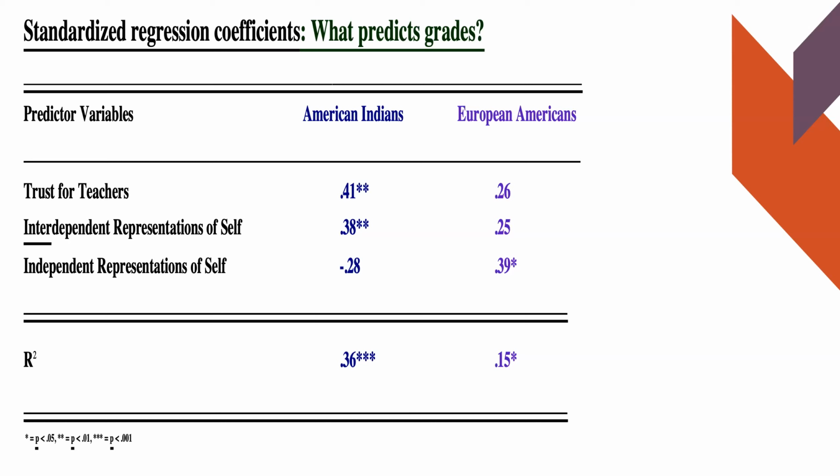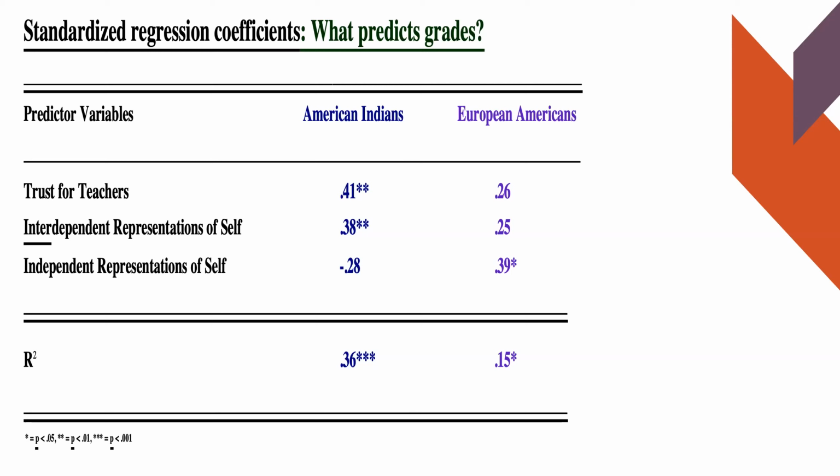When they put this all together, they ran something called a regression analysis. For you non-statistical folks in the audience, a regression analysis is basically looking at relationships between variables, and you try to use a bunch of relationships between variables to predict some outcome, right? And in this case, they tried to use those relationships to predict grades. What led to higher grades for Native students and white students? Let me interpret the data here for you. You can clearly see there are different numbers, and the asterisk tells you how significant the relationship actually is, or how significant that prediction actually is,